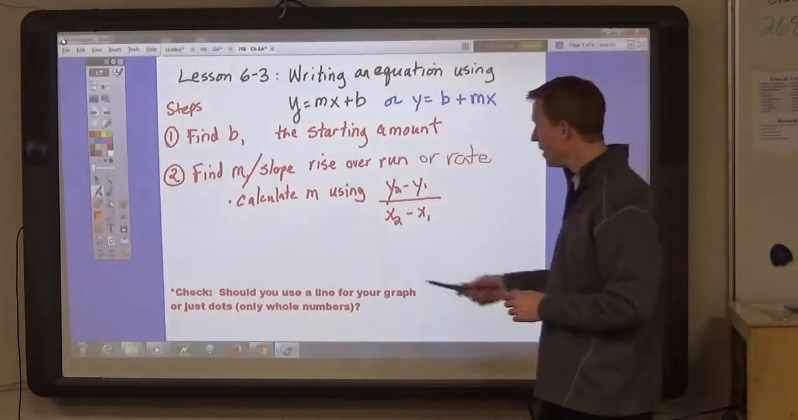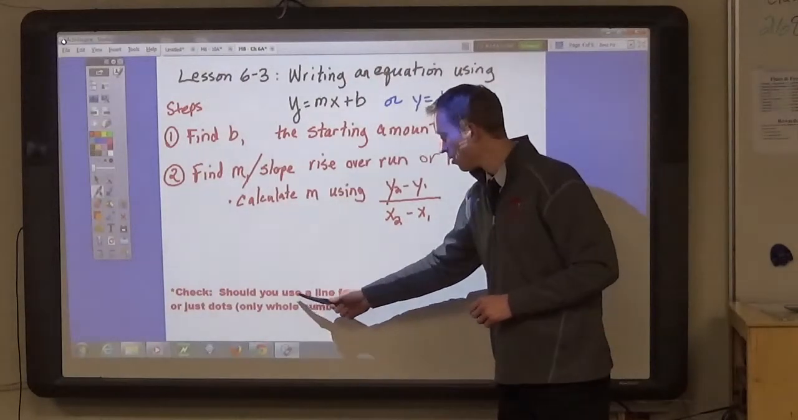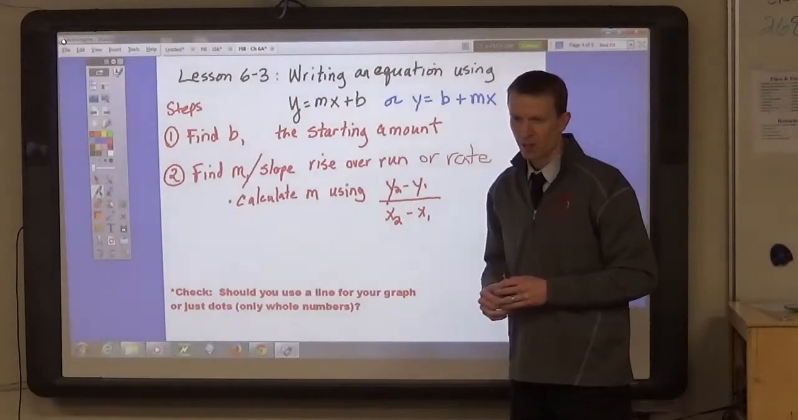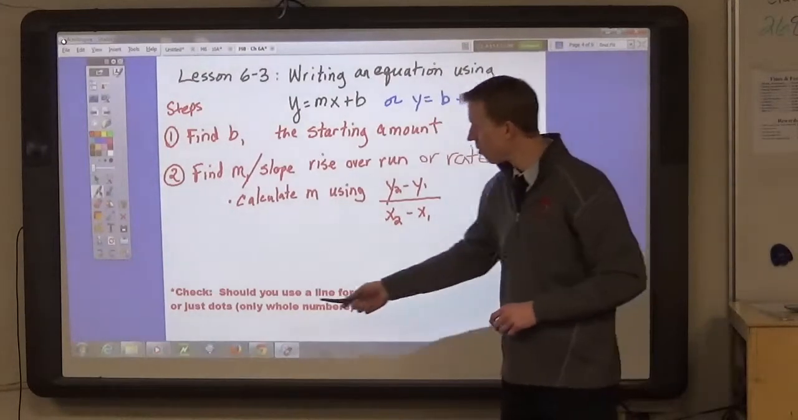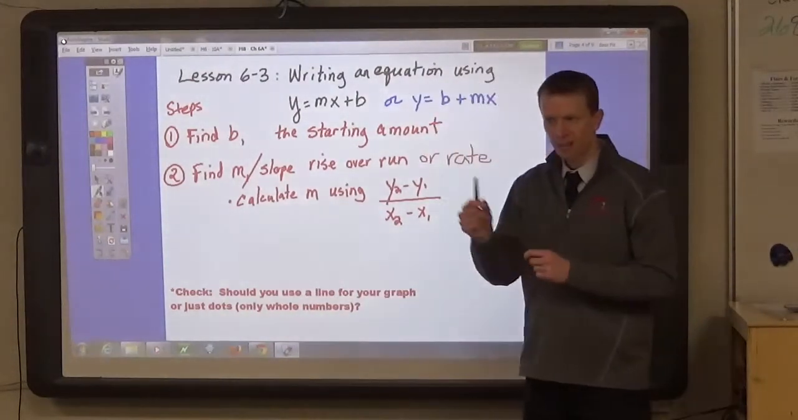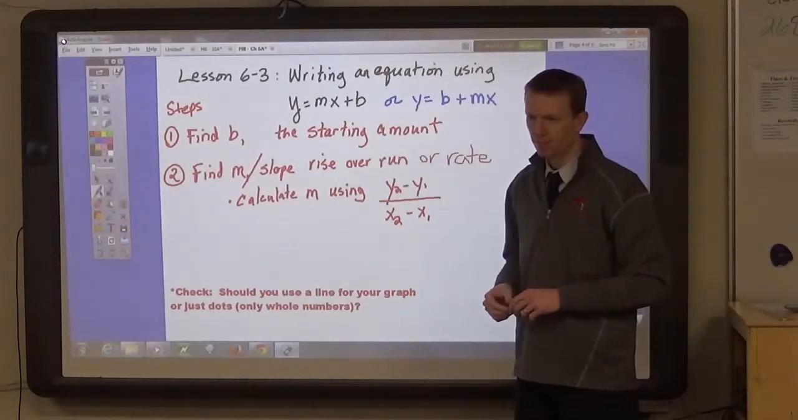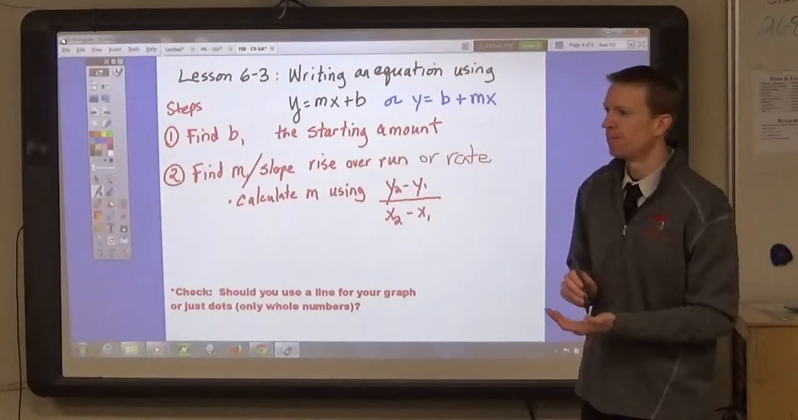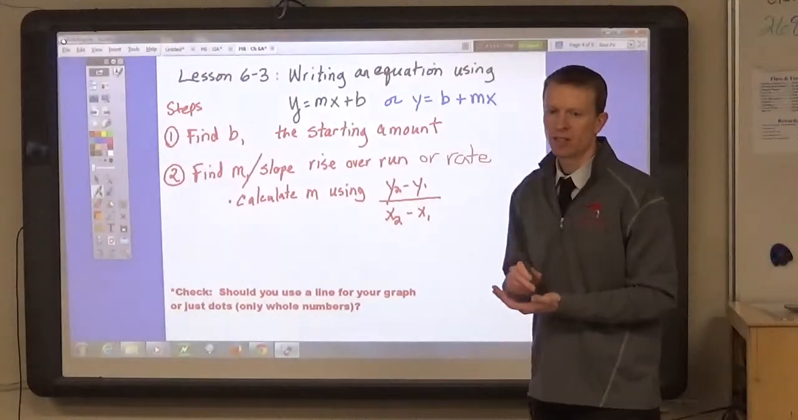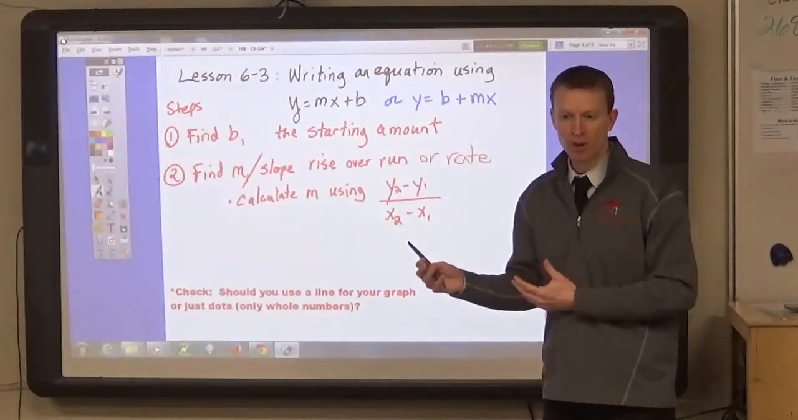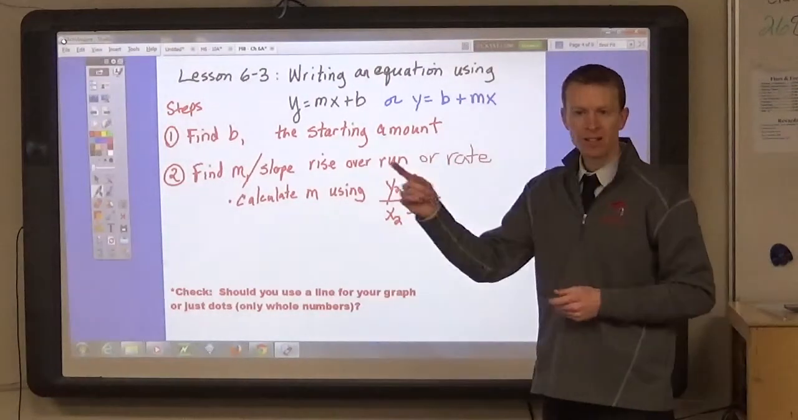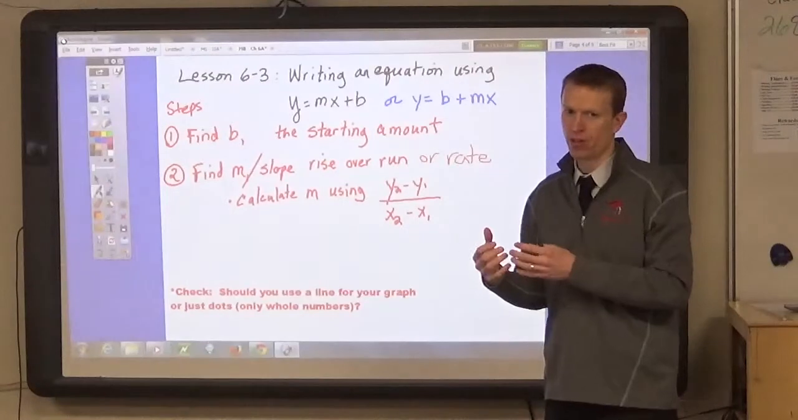Now, in many situations, you'll use all numbers, but in some, you'll only use whole numbers, or just dots, if you're graphing it. For example, if you're buying something at the store, you might be able to buy it per pound. In that case, you would use a line, because you can buy half a pound or a third of a